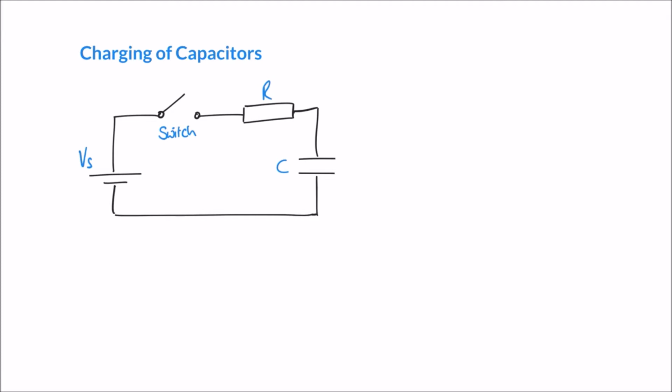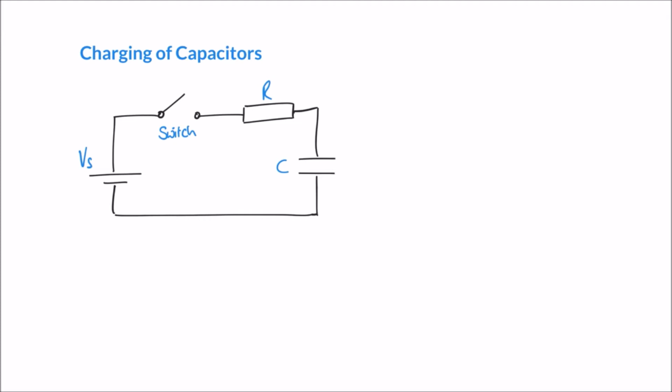Now, there are a few factors affecting the rate at which the capacitor charges. First of all, there's the size of the capacitor. A bigger capacitor will take longer to charge. And there's also the resistor in the circuit. The resistor is controlling the flow of current. A bigger resistor is going to restrict the current, and it means that the capacitor is going to take longer